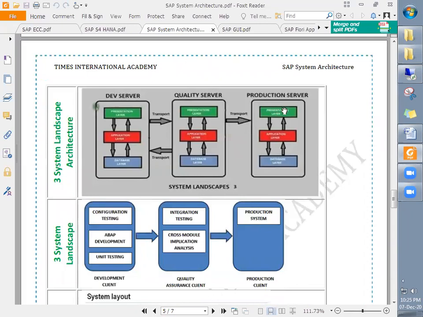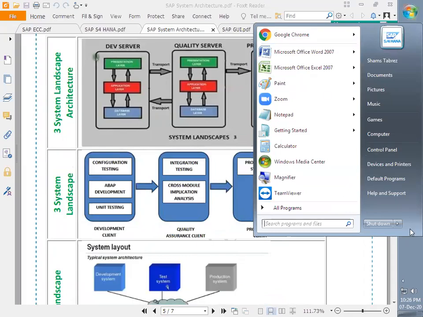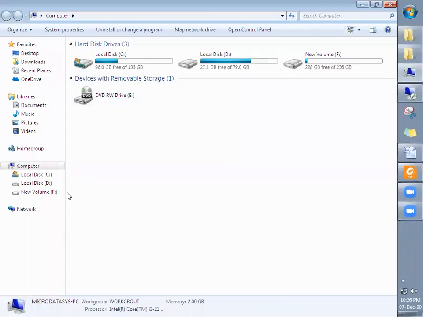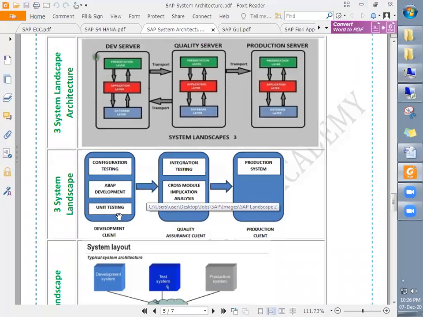And every server will have the three-tier architecture: the presentation layer, application layer, and database layer. Every server has this. Again, every server has virtual partitions, like in our computer, where we see our hard disk is divided into three drives, right? So our one system has three drives because our hard disk is divided into three drives. Similarly, the servers are also divided into different sections for different purposes.